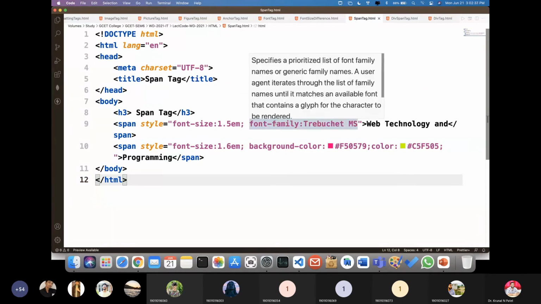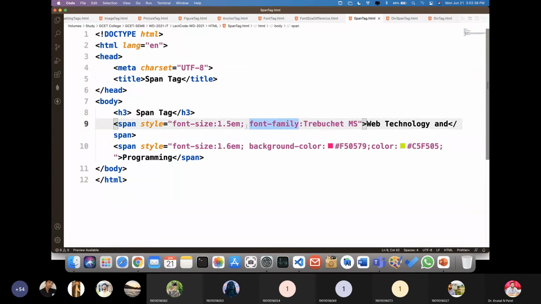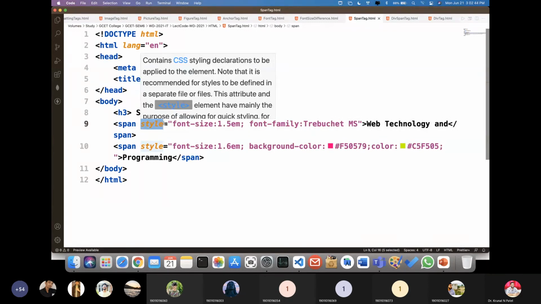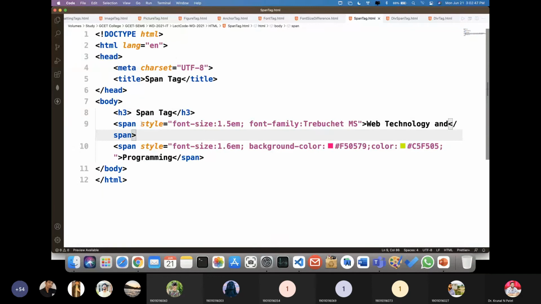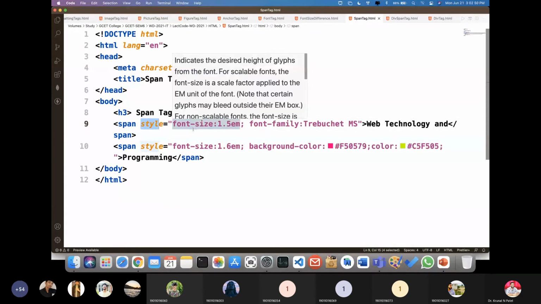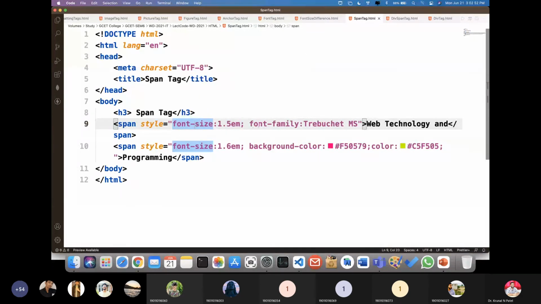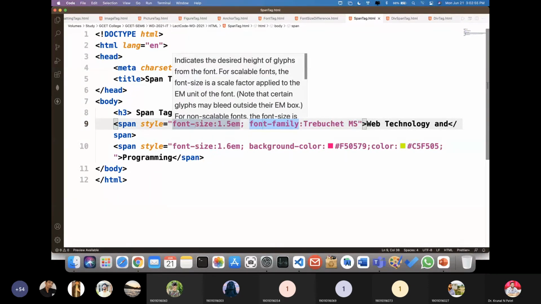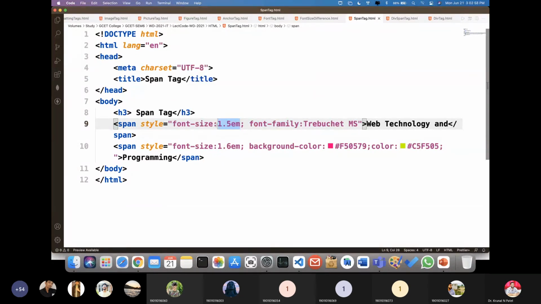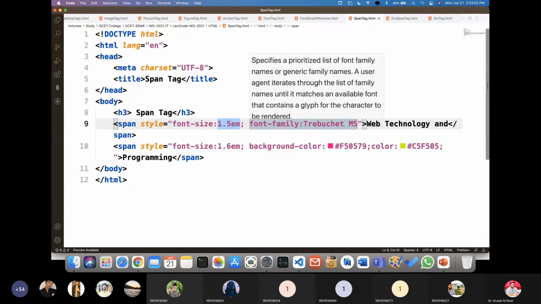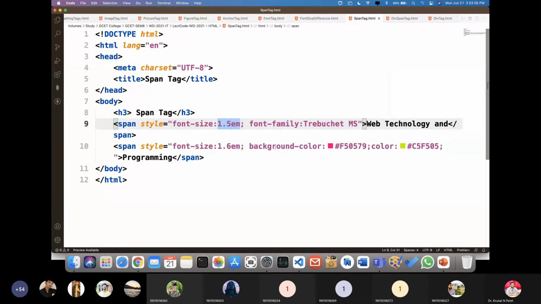Right now, forget about this. If you want, it is very easy to understand. With the style attribute, you can apply inline styles. This is known as inline CSS, right? So with this style attribute, you can apply the style to HTML elements. Use colon, 1.5 em, and here font family is equal to the name of the font. Similarly, here you can see I have provided the background color as this and a mixture of these particular colors, right?